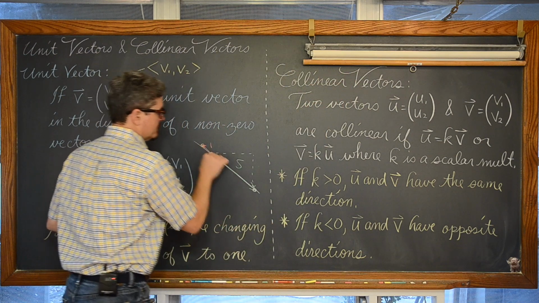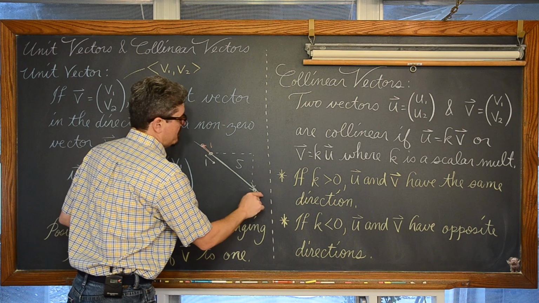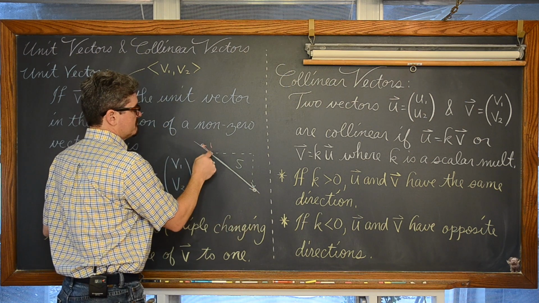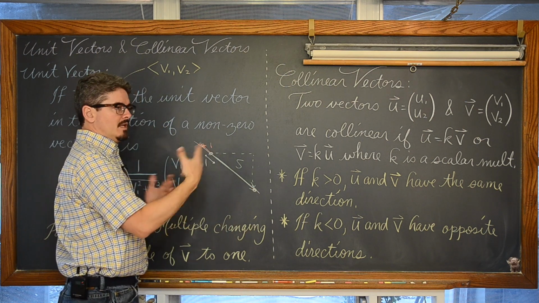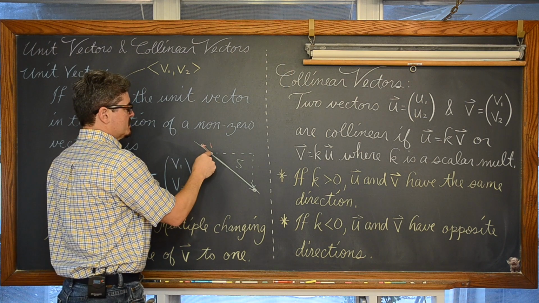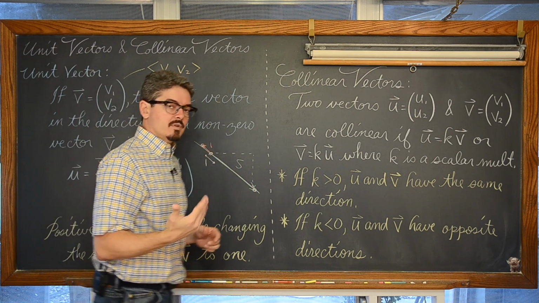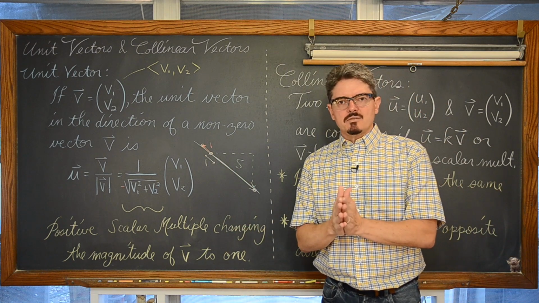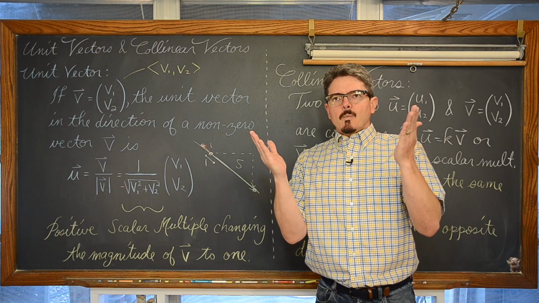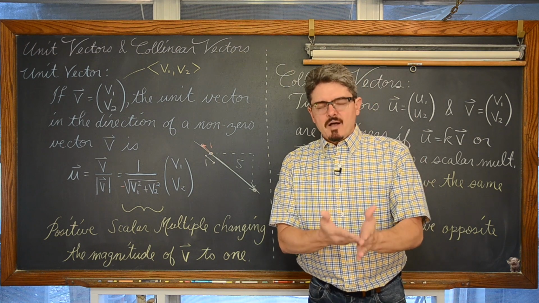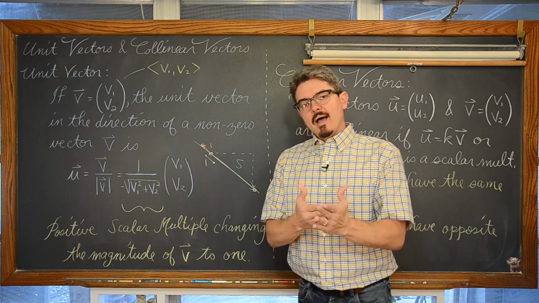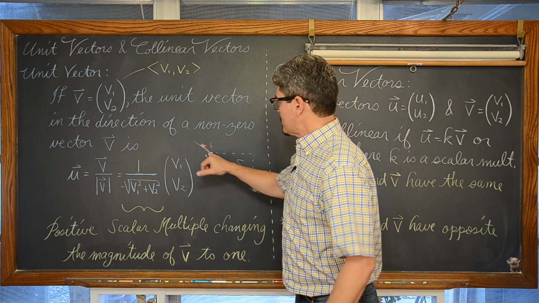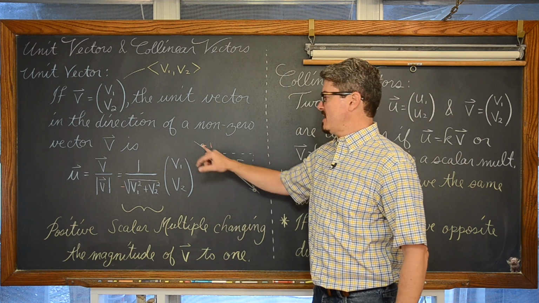Collinear vectors do not have to go in the same direction. They could be placed such that their initial points and terminal points are all lying within the same line. Now, we don't say that as a definition because a vector is defined by its direction and magnitude, not its initial point. So those initial points don't really have to be the same point.